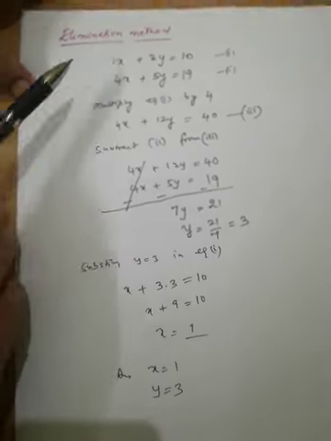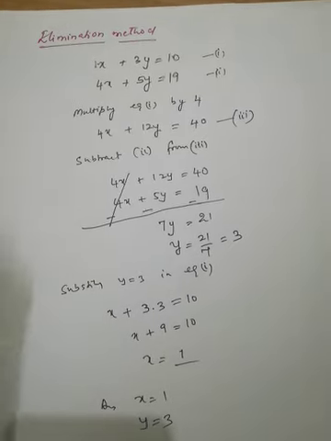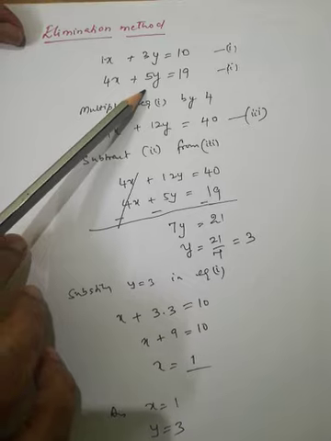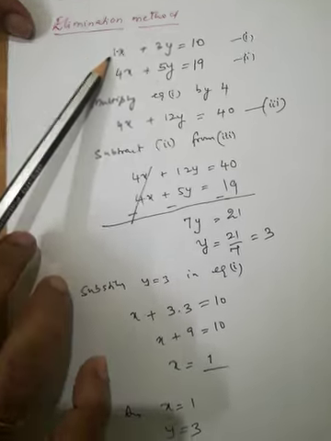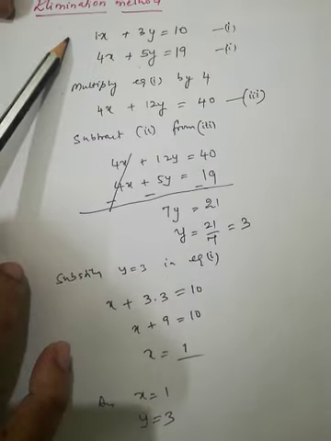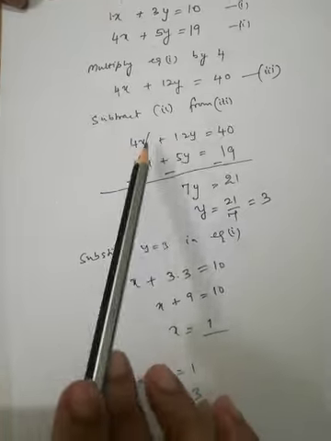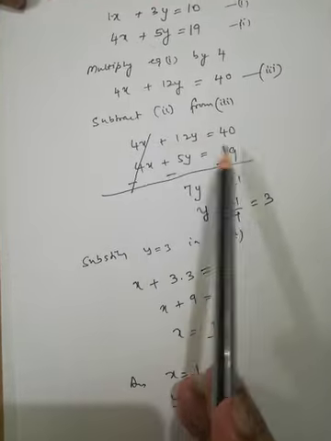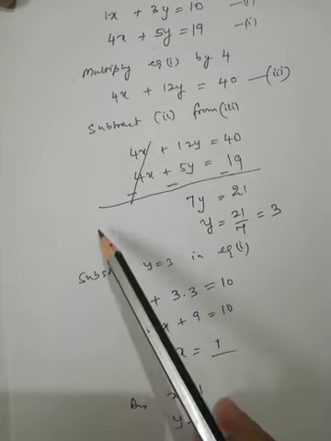Okay, I repeat the elimination method. To do the elimination method, we have to make the coefficient of x or coefficient of y equal. Whichever is simple, that we will adopt. Here we find that multiplying by 4, the coefficient becomes equal. So we multiply the equation number 4 and then we got this equation, which is nothing but equation 1, and this is equation number 2. We subtracted it. While subtracting, the x part will get cancelled.